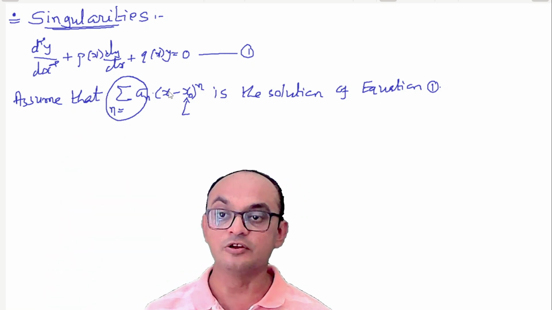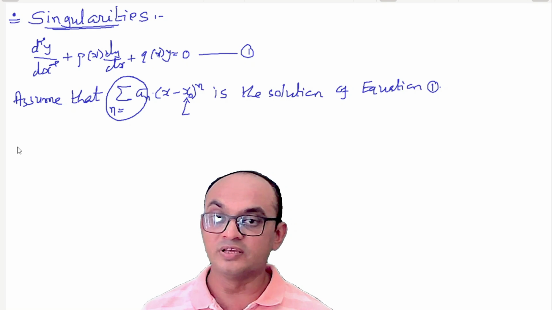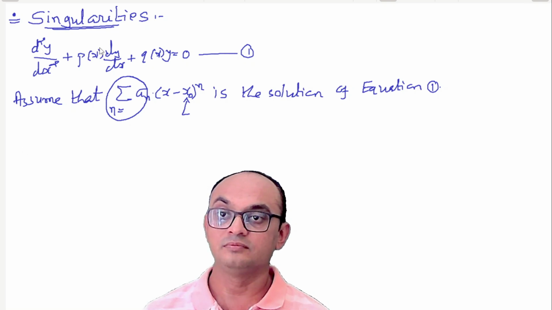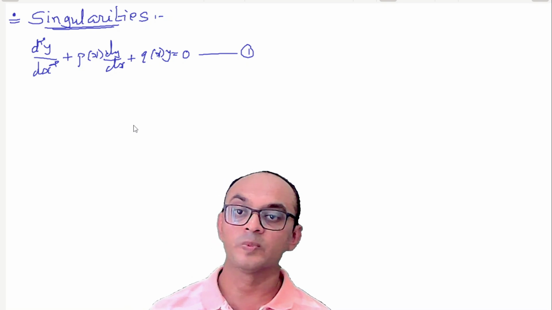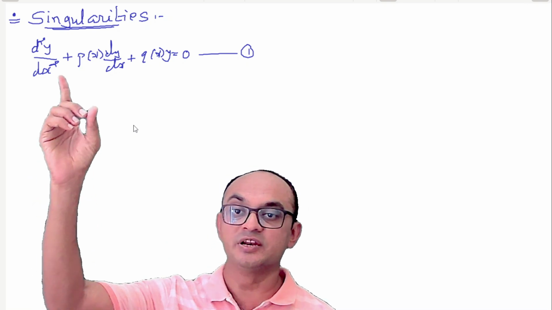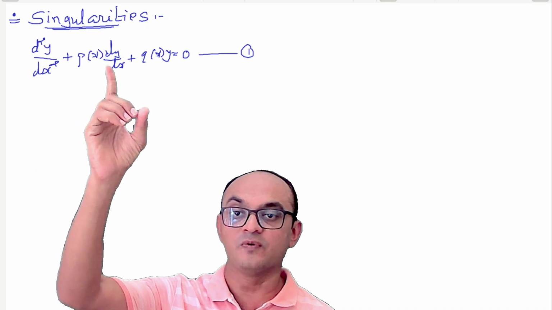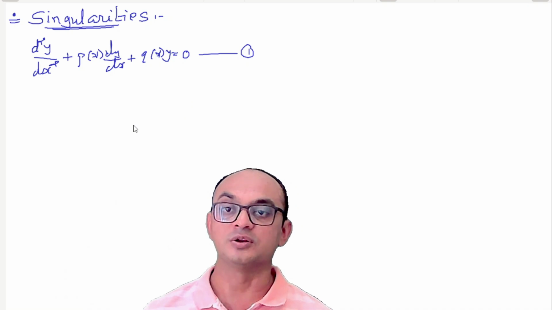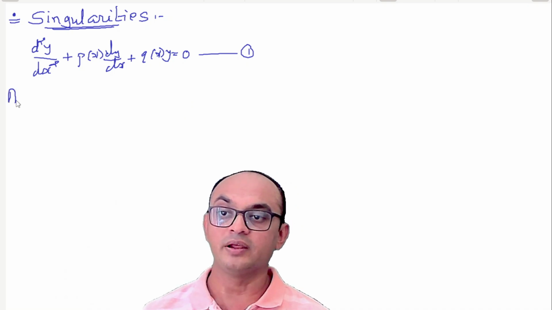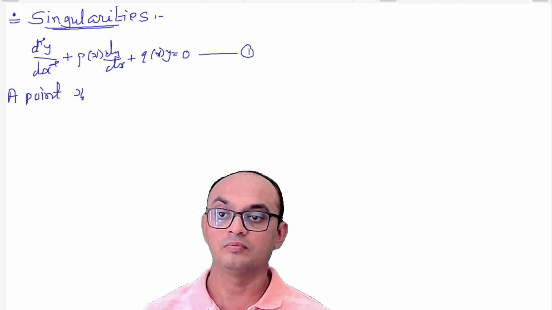Okay, so what are singularities? Suppose we are given this differential equation again, so now let us define the singularities. We have the differential equation d2y by dx square plus p of x into dy by dx plus q of x into y equal to 0, right? A point x0 is called a regular point